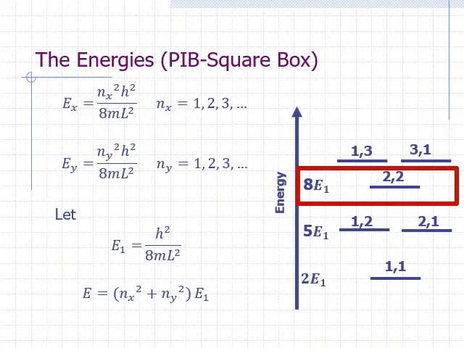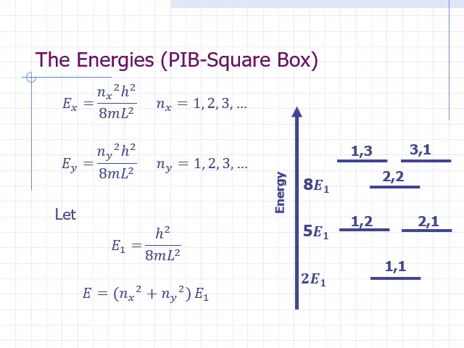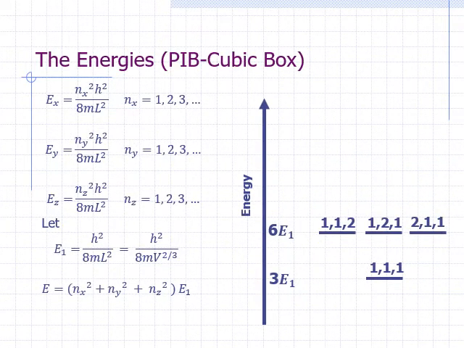The pattern should be obvious by now. When the quantum numbers are the same, the degeneracy is 1. Otherwise, it's 2. Degeneracy is something that arises due to symmetry. A rectangle is more symmetrical if it is a square. For a particle in a three-dimensional box, we expect that, in general, the energy levels will be non-degenerate. However, if we have a cubic box, then we would expect to see degeneracy.